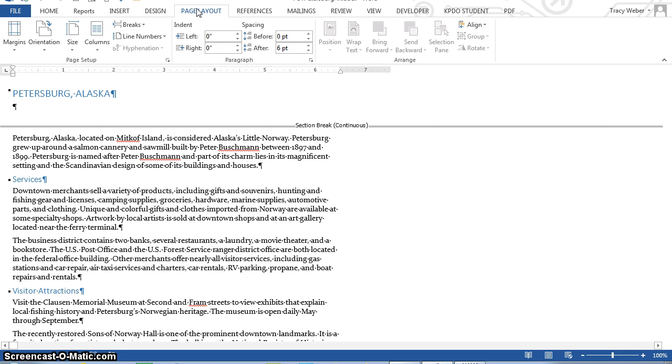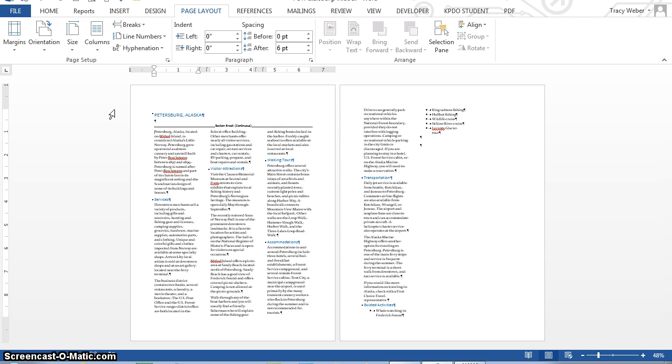This is why we did this. So Page Layout, Columns, 3. Okay. Formatting text into columns automatically changes the view to print layout view. And notice that our title, when I click up here, look at our ruler, that's still just one big column. When I click down here in this section after the section break, now it's 3 columns,